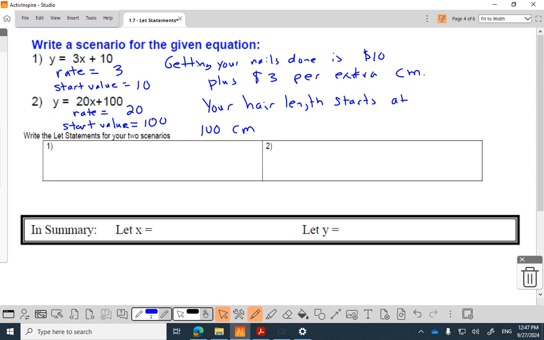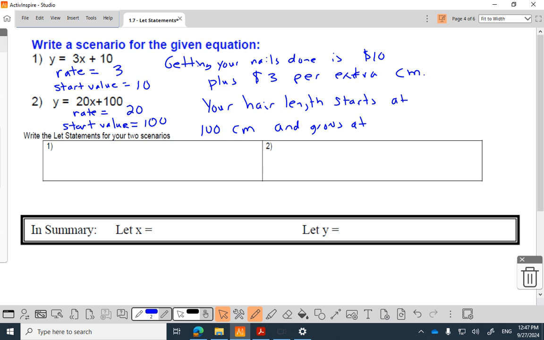You'd be able to easily catch it in something. I've seen people with maybe that long of hair before. Some of you might actually be somewhat close to that. That'd be hard to manage. Your hair length starts at 100 centimeters and grows